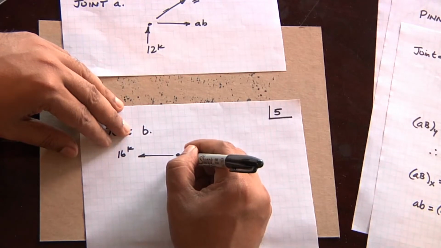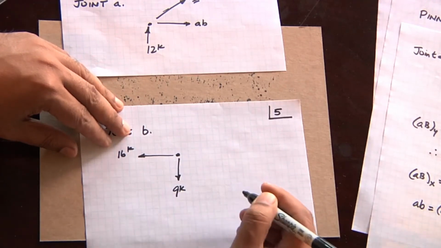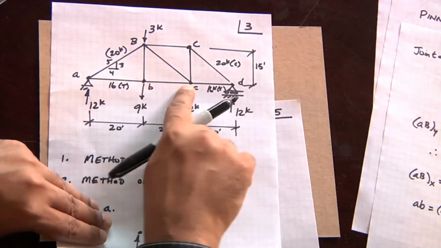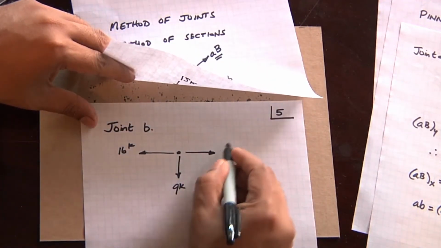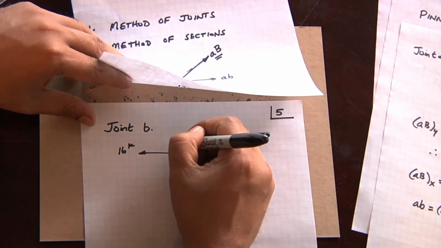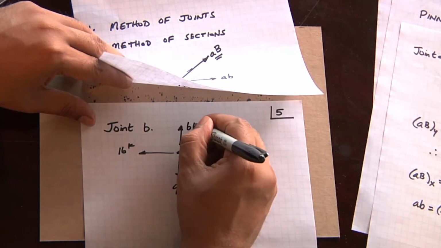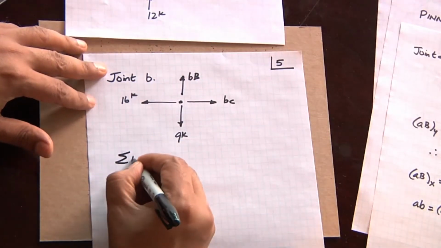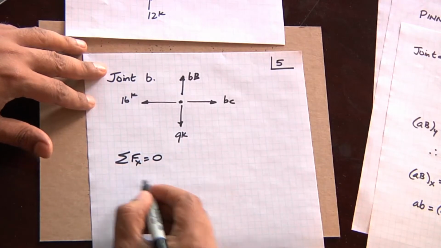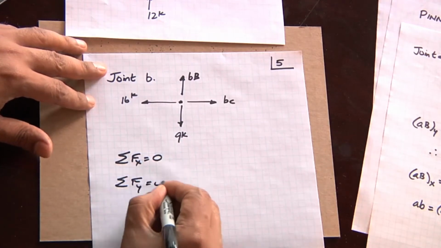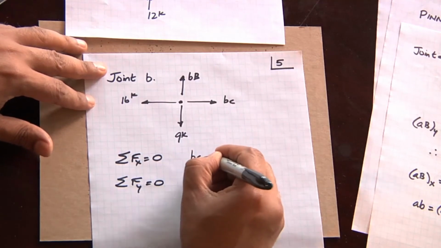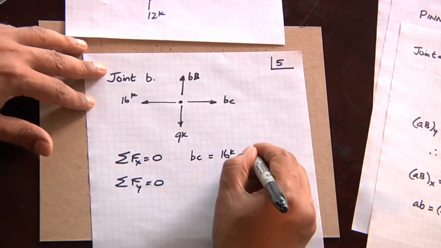We know that we have a vertical load of 9 kips, and we will be able to tell automatically that the load BC has to be going to the right, and we know that lowercase bb has to be going up. How do we know that? Because the sum of the forces in the X direction has to be 0, the sum of the forces in the Y direction has to be 0. The sum of the forces in the X direction tells us that BC has to equal 16 kips,